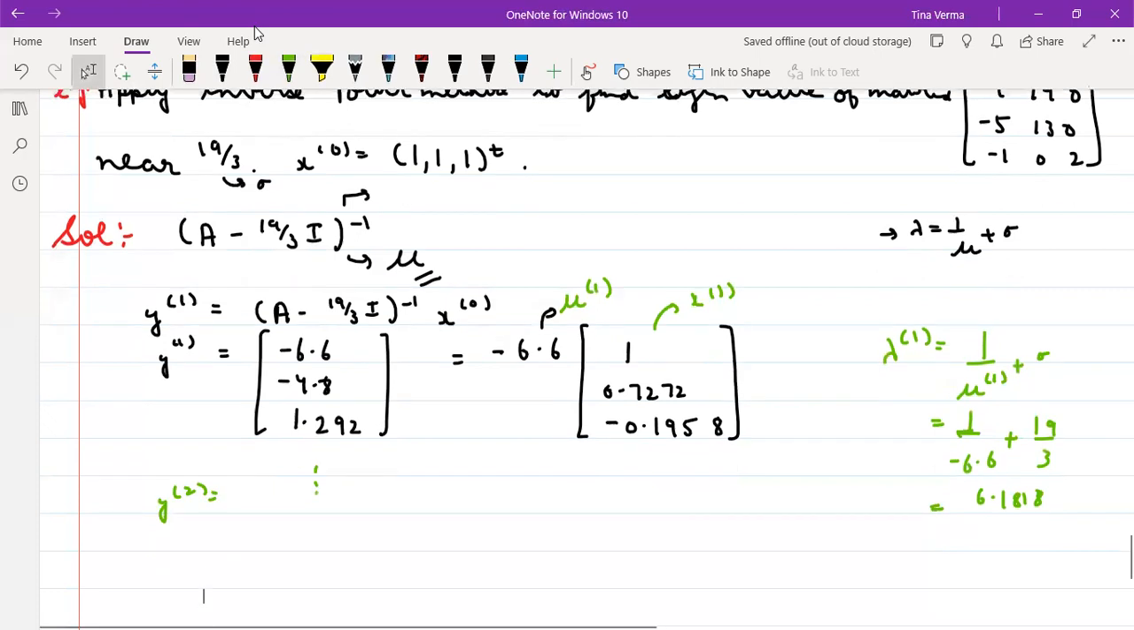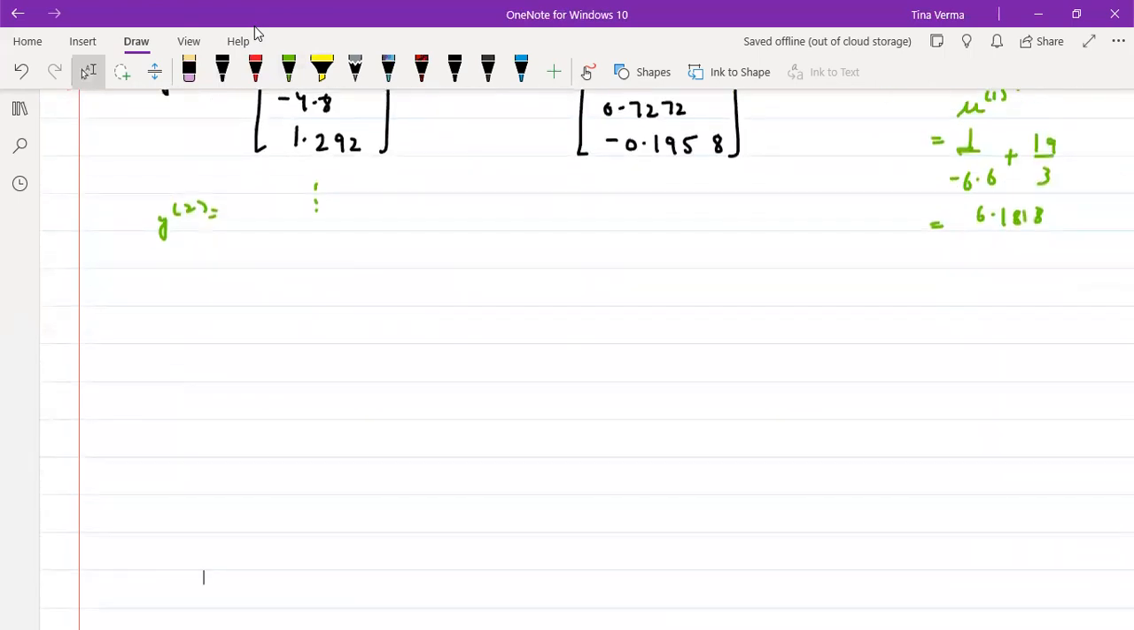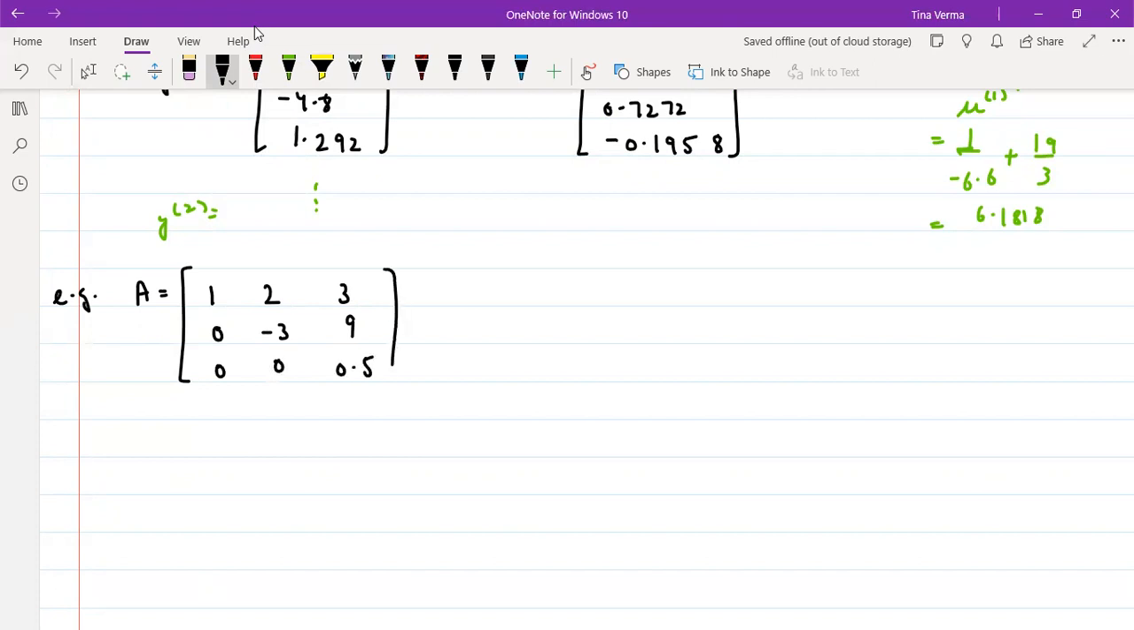The other stopping criterion, as I have already told you, is lambda k plus 1 minus lambda k less than 0.1. So you can just try this if your A matrix is given to you, for your practice. So this is 0, minus 3, 9, and this is 0, 0, minus 0.5, right? So you have to apply the power method